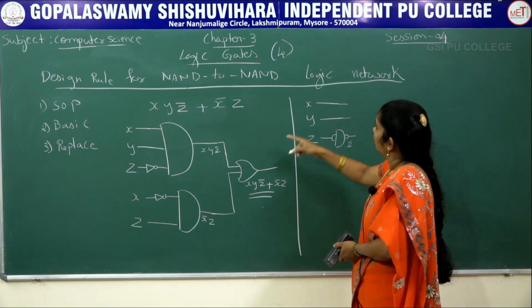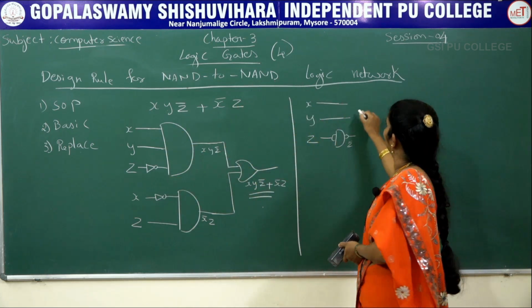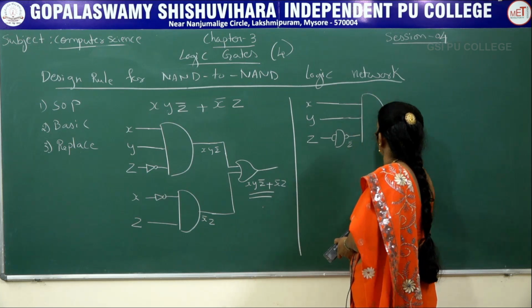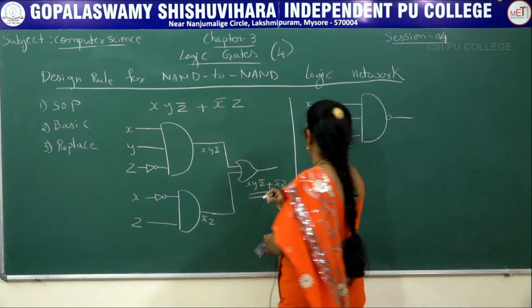Then all this thing here we have written D shape, but here which is the symbol we use? NAND symbol. Then write down D shape, at the end circle and then one line. So it is the second part.